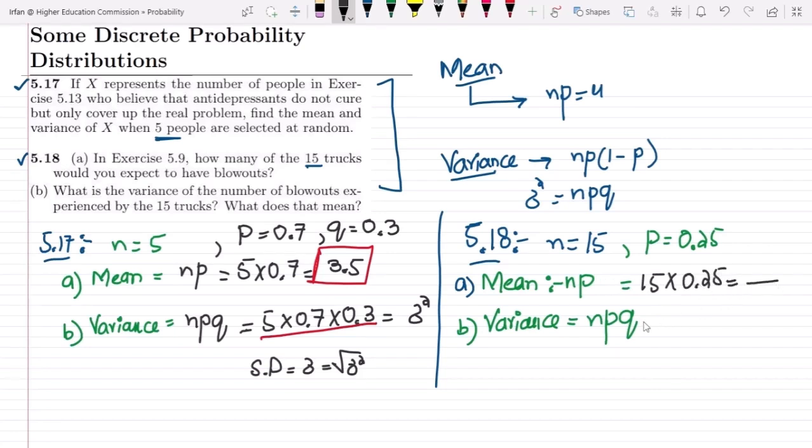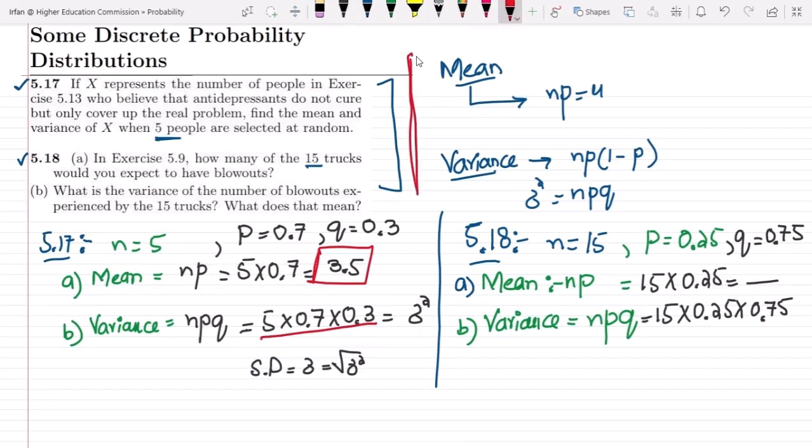Similarly, for the variance, which is sigma square, N is 15, P is 0.25, while Q is 0.75, which we have also found, and multiplying with 0.75 as well. So this is the solution of questions 5.17 and 5.18,